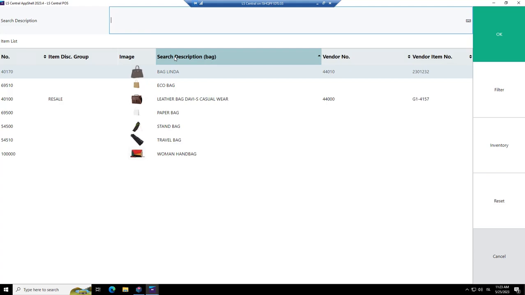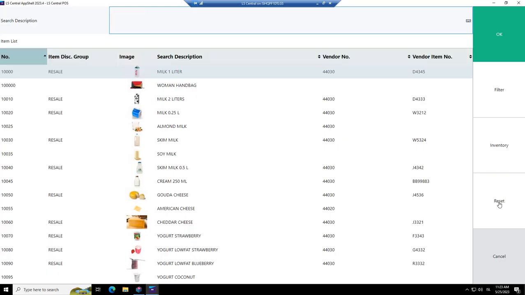But we would also like to do something different. Let's reset first. We would like to use the inventory option. The inventory option has the possibility to show you an item, how many items there exist in different stores. Depending on the setup, we can decide which group of stores we are looking into. But before we do this operation, we need to do something in back office only once.